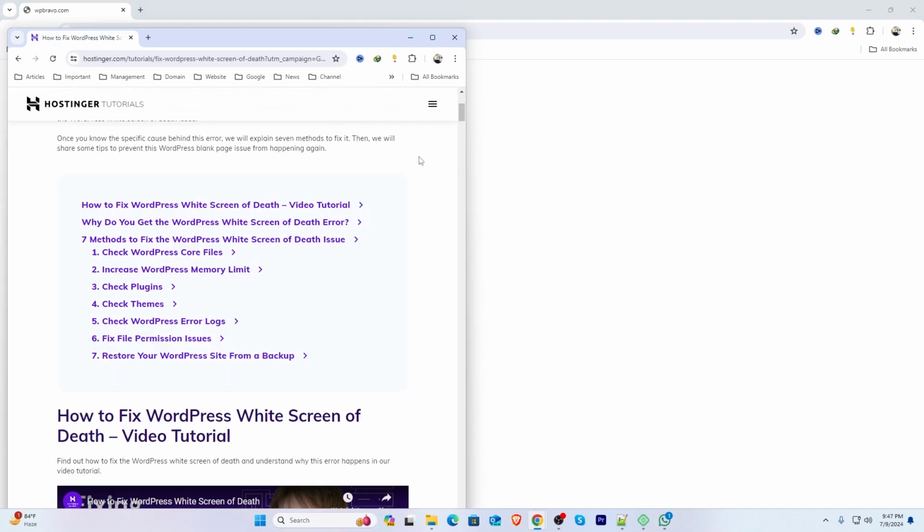First of all, let's understand why this white screen happened. You can see this white screen of death for several reasons. It can happen because of WordPress core files, it can happen because of PHP memory limit, it can happen because of plugins or themes. In this step-by-step tutorial, I'll show you how to recover your WordPress website from the white screen